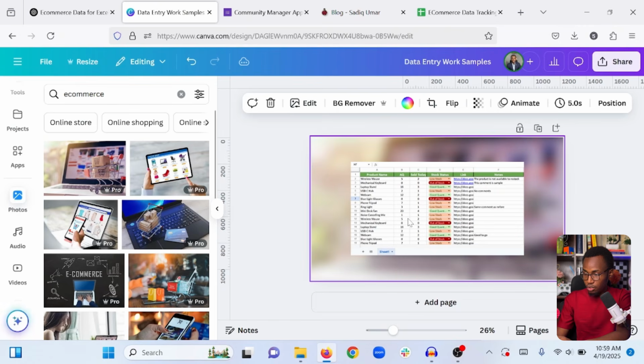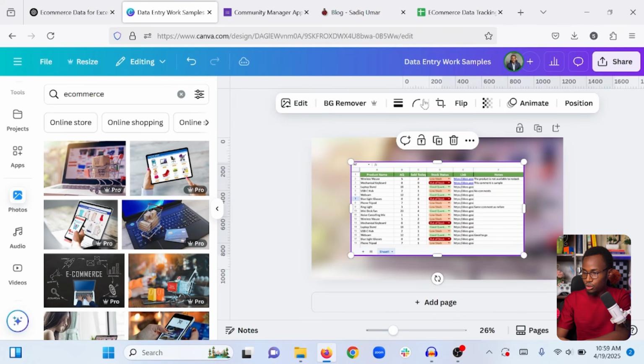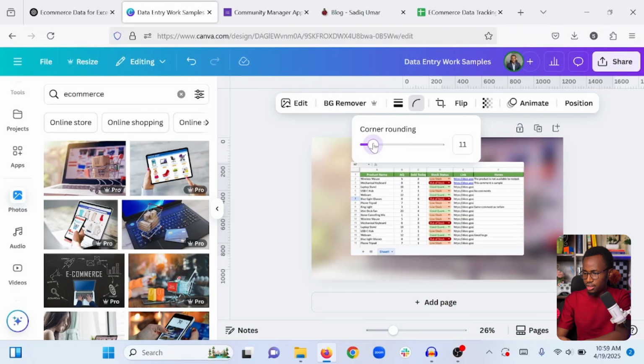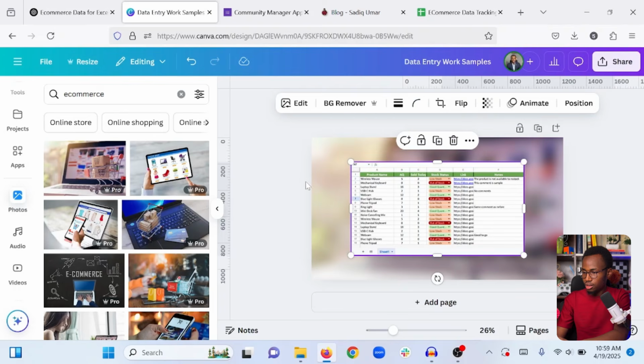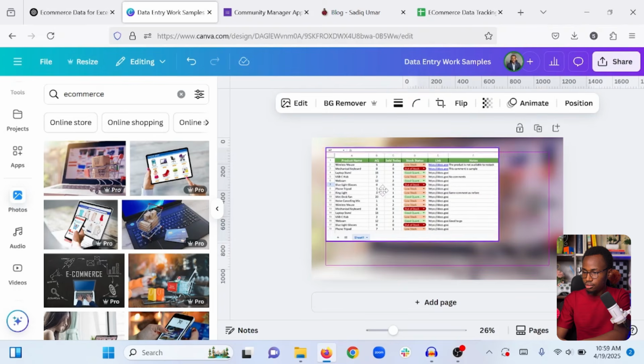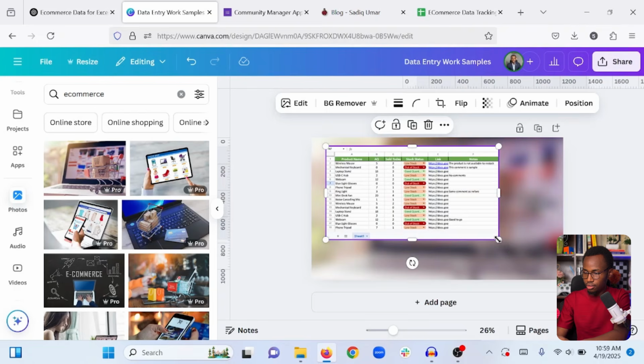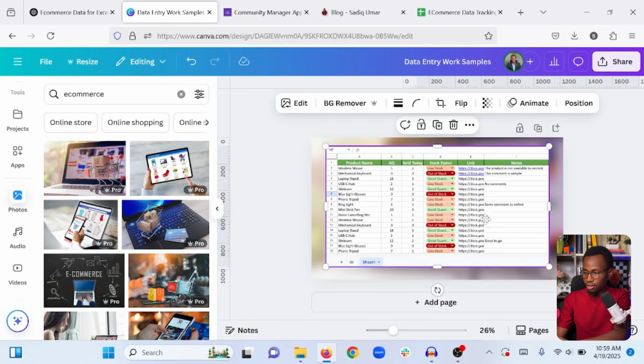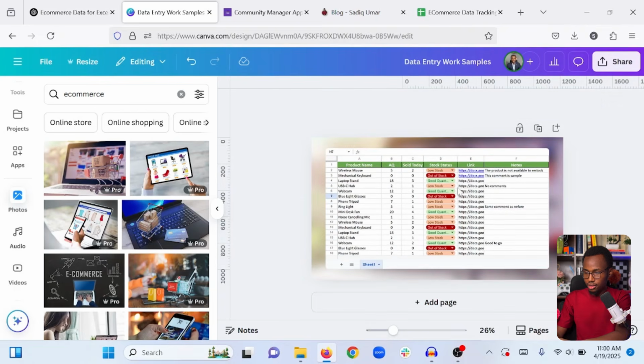Then I'm going to choose my picture. I'm going to come to corner radius. I'm going to add maybe something like 20. Yeah, 20 will do. This is going to be our first work sample, and my goal is we are going to have 3 work